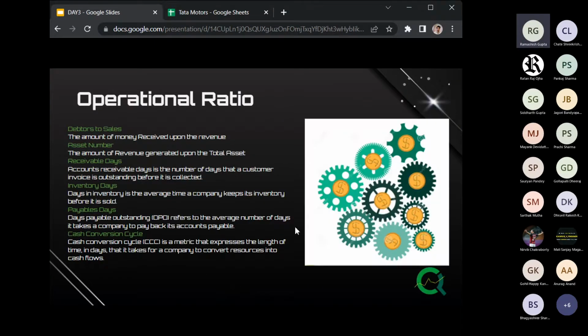So next are operational ratios. These ratios deal with how the operations are going in the company. The first is debtors to sales. Let's just keep it standard with Tata Motors everywhere. Suppose Tata Motors has given a car to its franchisee, and the franchisee sold the car, but